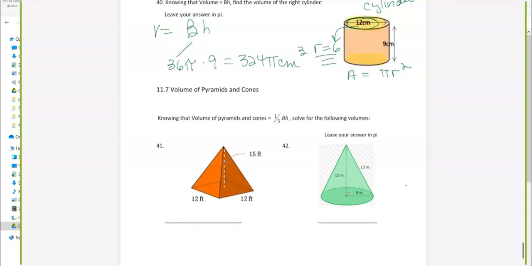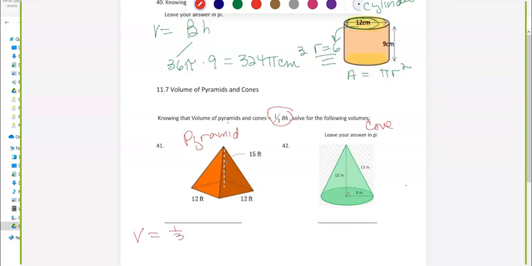Okay, 2 more problems. We have a pyramid. This is our pyramid. Okay, so this is the pyramid. And we have a cone. Okay, the pyramid's going to be done first. They both have the exact same equation because they both come to a point. So therefore, when I say volume is 1/3 capital B times the height, remember the capital B is the area